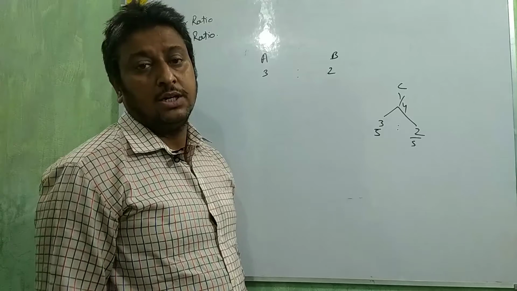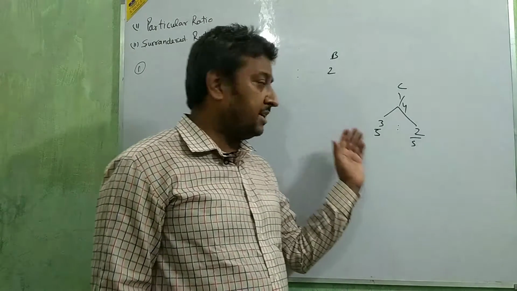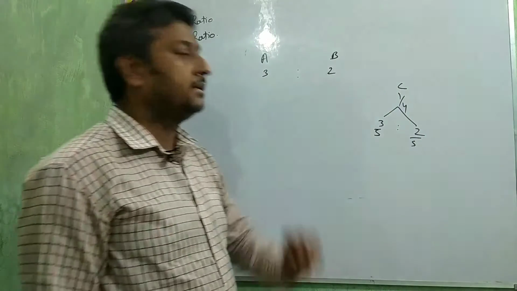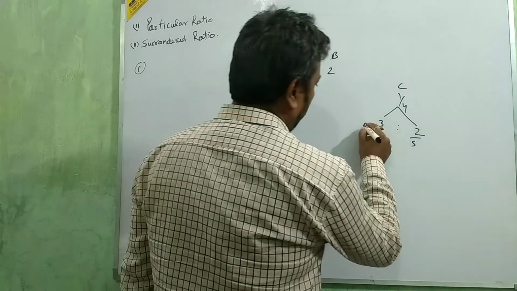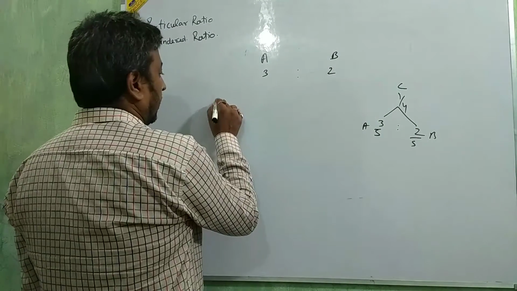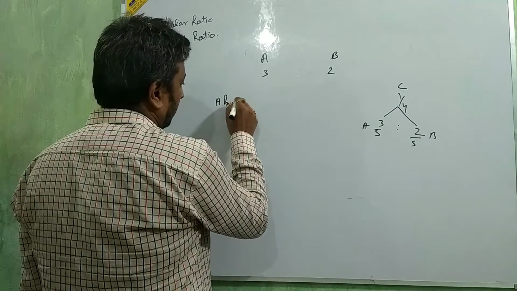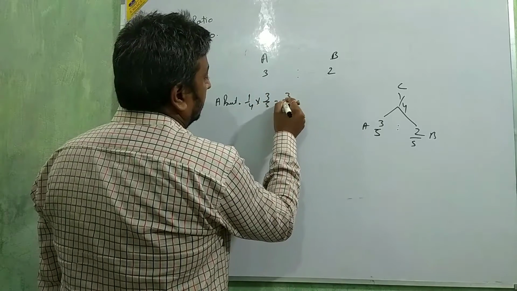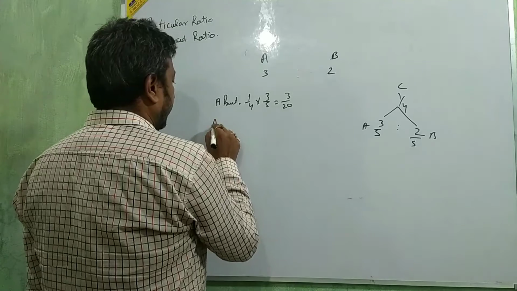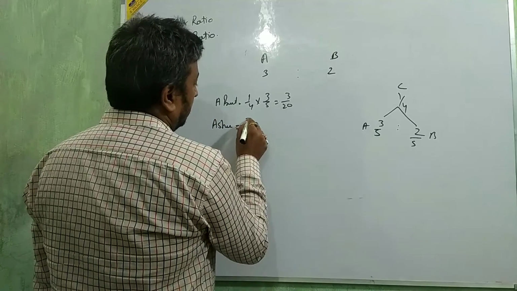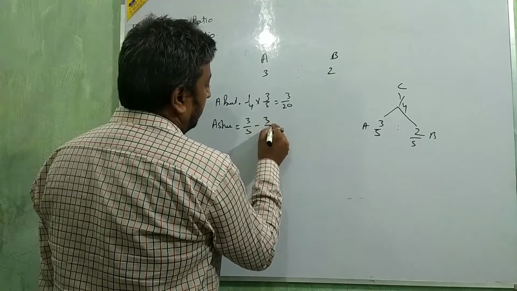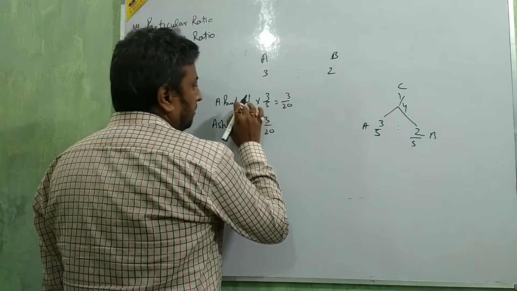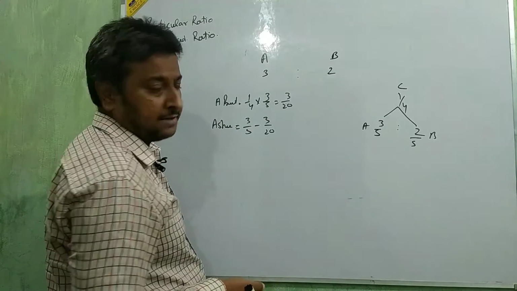We are not going to calculate the ratios directly, but first we calculate 3/5 of 1/4 and 2/5 of 1/4. It's for A and it's for B. A's part: 1/4 into 3/5 is 3/20. Then A's share is 3/5 minus 3/20. This will be less from A. So first we calculate 1/4 of 3/5.